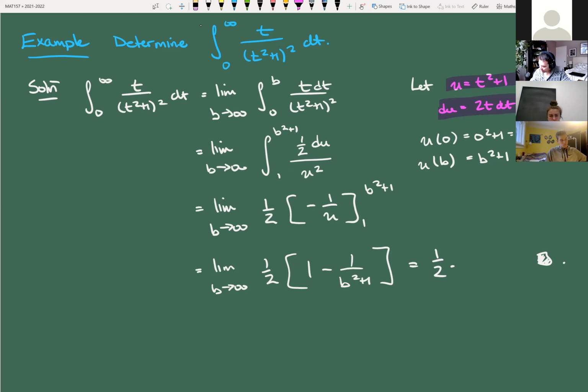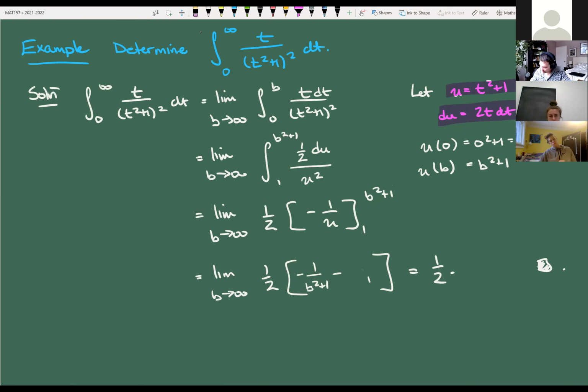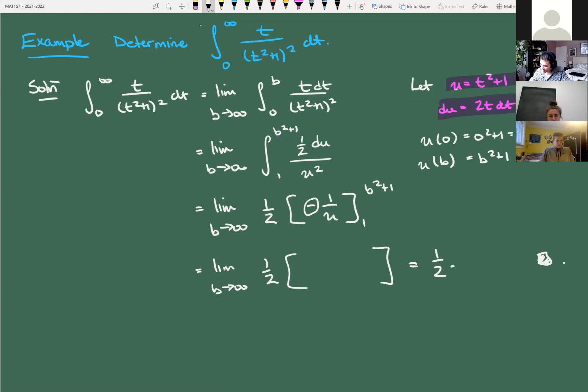So what I actually did, I kind of cheated here. If I plug in, remember, you always got to plug in the top first. So that's -1 over b squared plus 1 minus -1 over 1. The kind of dirty hack you can use here is, once I've got that minus sign, to plug the bottom in first and then get rid of the minus sign. That's the same sort of thing that we used when we wrote down this thing,